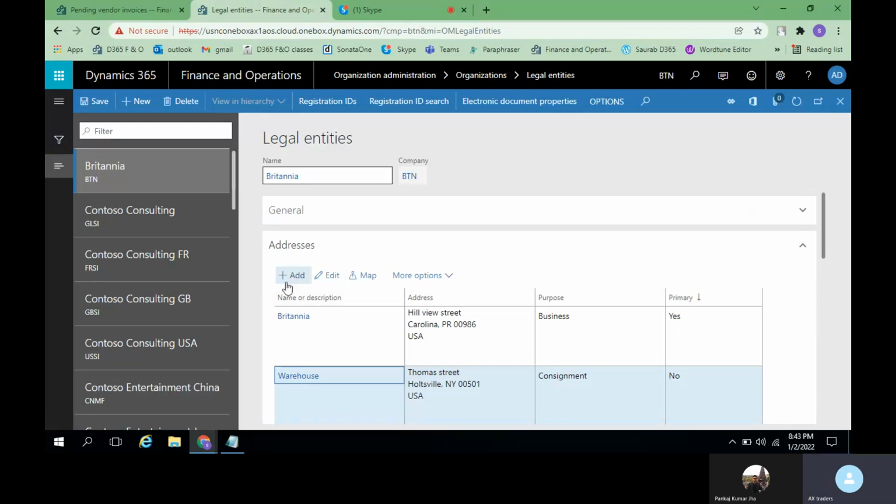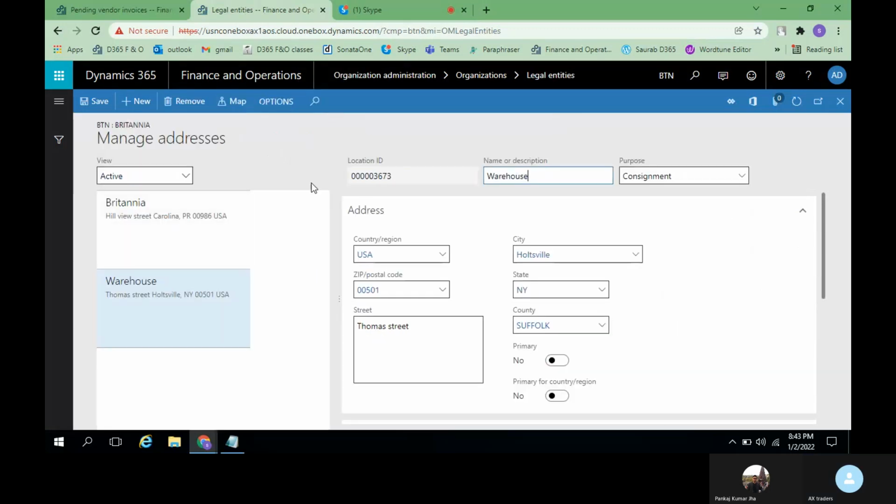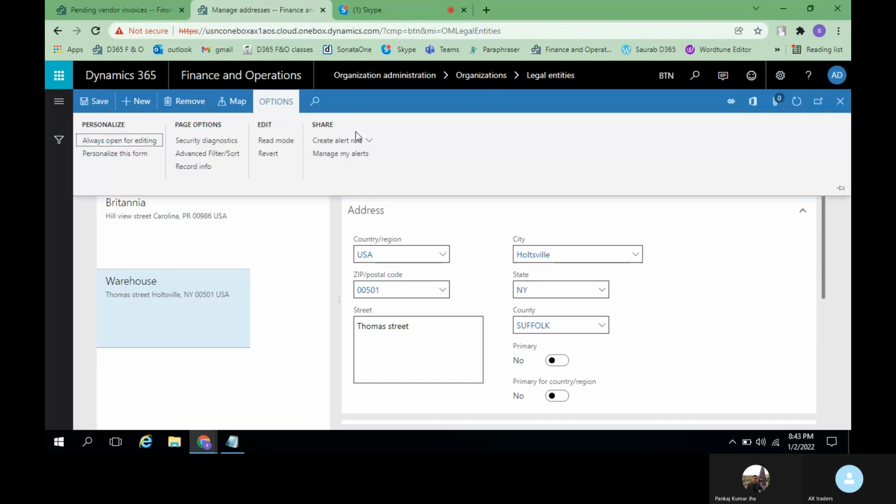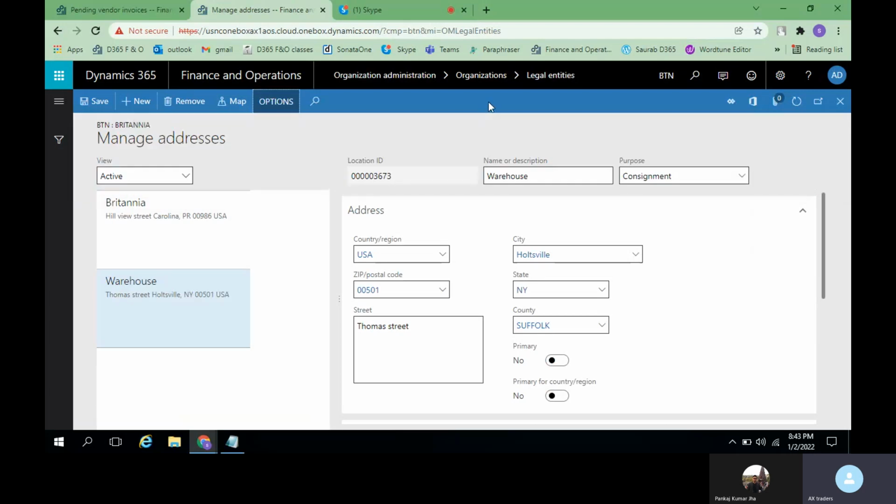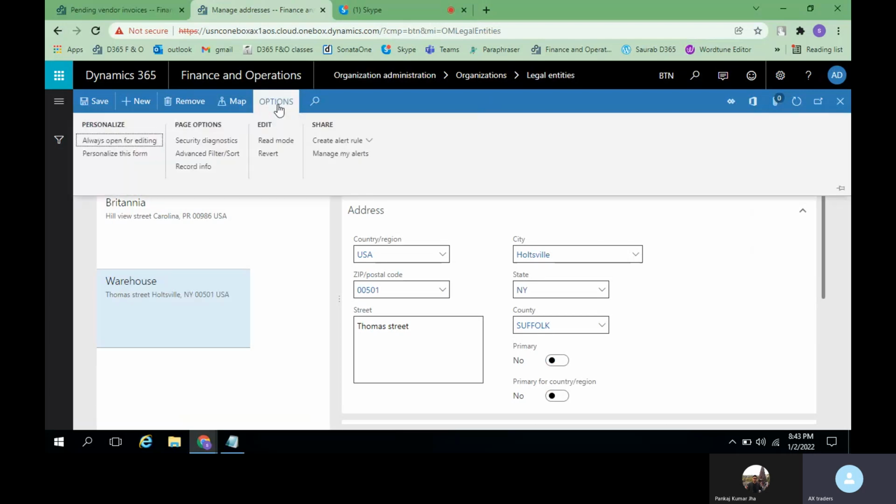Either you can do it here, or you can go to the registration IDs and do those changes. We are not using these options. This options field will be common in every module, wherever you use this, like accounts receivable, payable, anywhere.